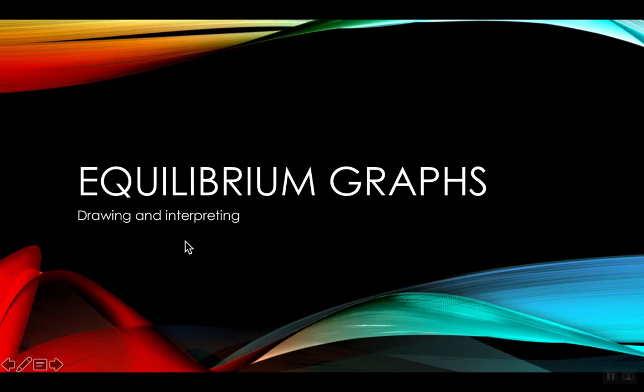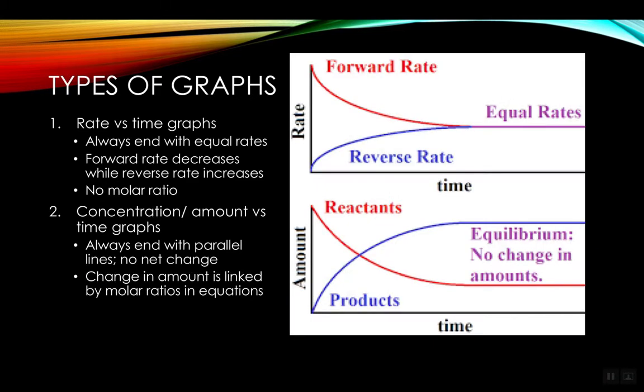Okay, it's time for an intensive little look at how we draw and how we interpret those equilibrium graphs, most of which relate to Le Chatelier's principle. So, first thing to be aware of is that there are two types of graphs. You can have rate time graphs, like the one at the top, and you can have concentration or amount versus time graphs. Okay? It's really important that you look at that y-axis before you do anything else, because they can